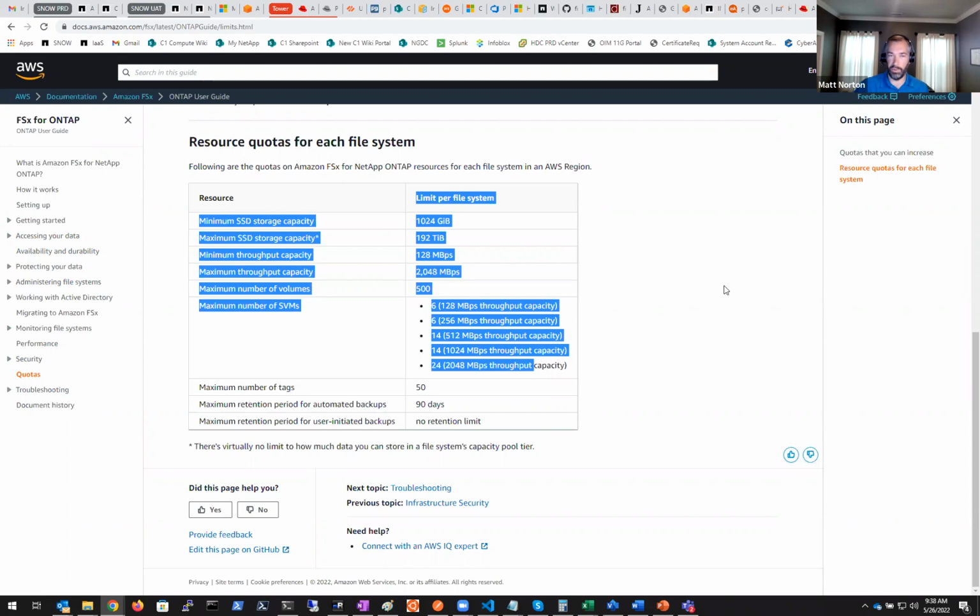Or you can do a per volume through Amazon also. And I believe there are probably a number of NetApp ways to do it also via Cloud Manager. So the options are there. You can also set default snapshot schedules like you can on-prem. That's not a backup. That's a snapshot, but